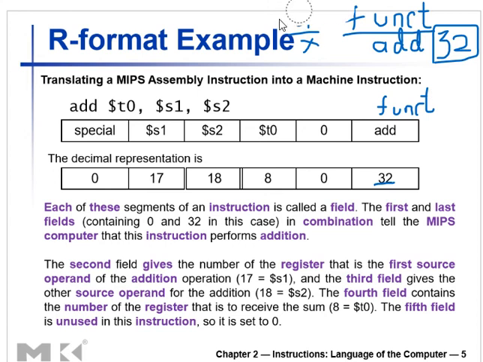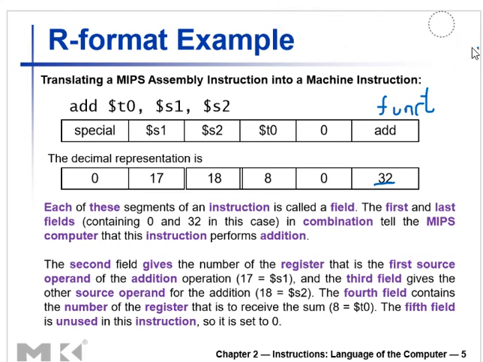First part is over. I said just now we are using the function code, the extension. There is no opcode, and when you do not have an opcode, that means it's 0. So the opcode is 0, and the function code is 32 for addition. Remember this. Now let's look into the instruction. The instruction is add, and the registers are given: register $t0, register $s1, register $s2.